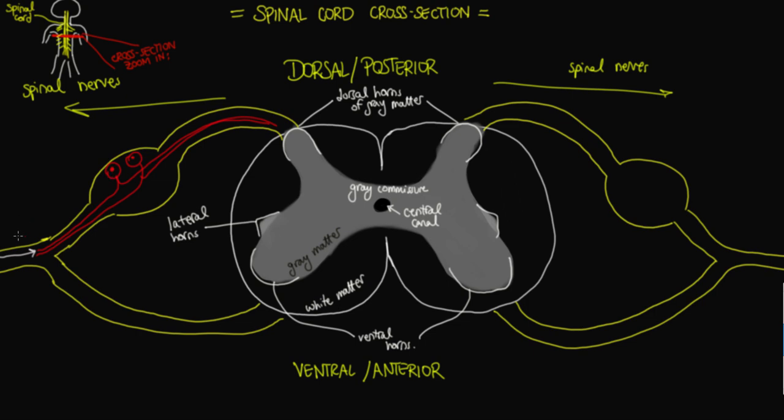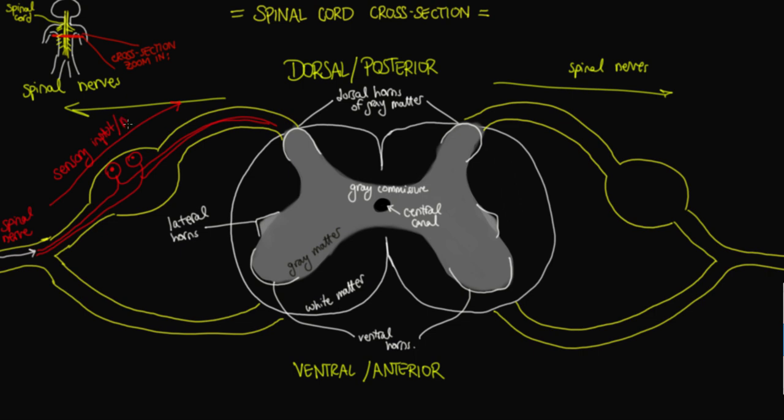So let's review. We have our spinal nerve bringing in sensory information via a sensory neuron. And so the direction of this input is actually going to loop and enter the spinal cord from the dorsal view. So this is always going to be sensory input